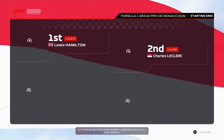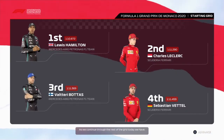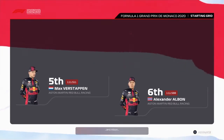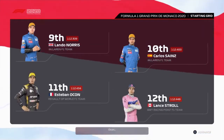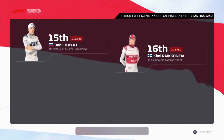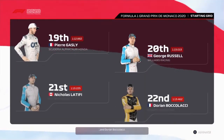It's time to see how our drivers are stacking up after yesterday's exciting qualifying session. An immense lap from Lewis Hamilton yesterday puts him on pole position, with Charles Leclerc alongside. As we continue through the rest of the grid today, we have Bottas, Vettel, Max Verstappen and Albon, Ricciardo, Perez, Norris and Carlos Sainz, Ocon, Stroll, Antonio Giovinazzi and Grosjean, Kvyat, Raikkonen, Kevin Magnussen and the owner driver. Gasly, Russell, Latifi and Dorian Boccolacci. It's almost time for the lights to go out, so let's head down to the track and get this Grand